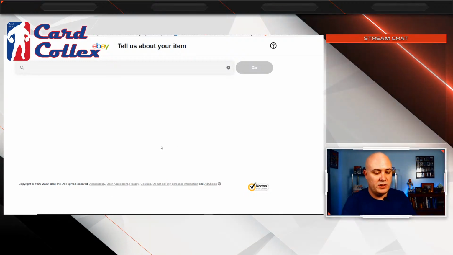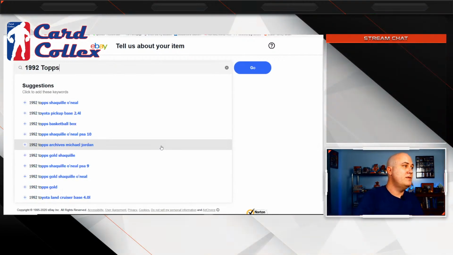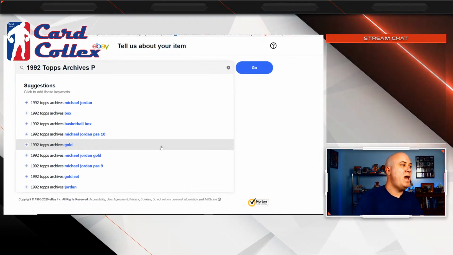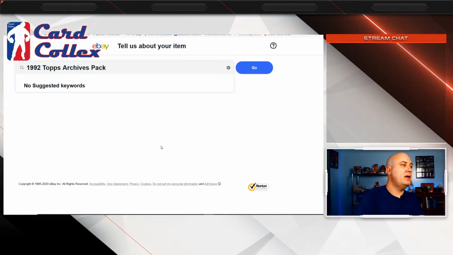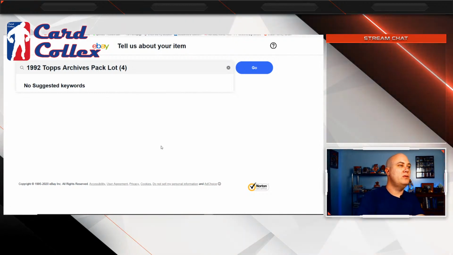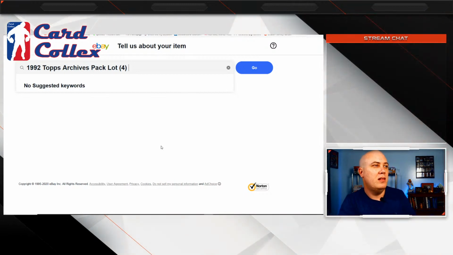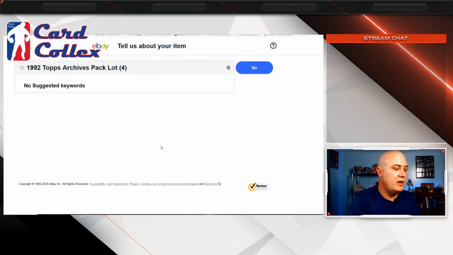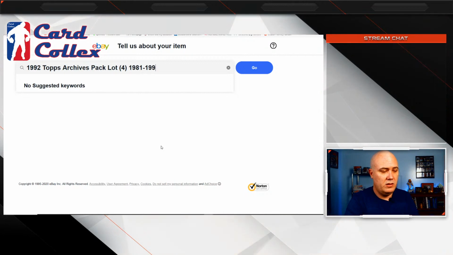So for instance, on this one, I'm going to put 1992 Topps Archives pack lot, and then in parentheses lot of 4, because it saves a little bit of space, or it just shows up better. And then these are actually 1981 to 1991 rookies, so I'll put that in there, 1981 to 1991.